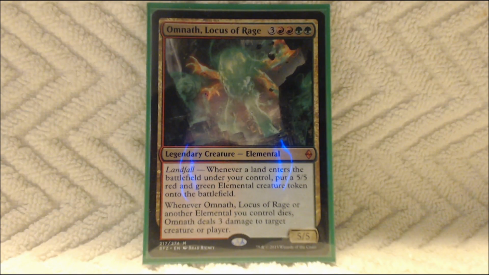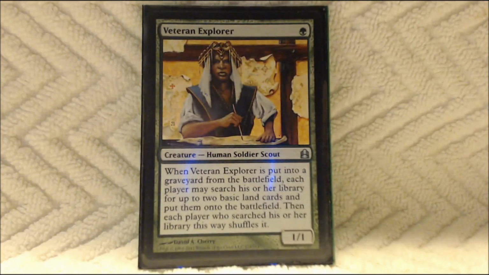Last but not least, every beatdown deck needs a good amount of creatures. This deck does not disappoint. Start out with our Veteran Explorer. This one's just a 1/1 for 1, but when it dies, each player can go ahead and grab 2 basic land cards and put them onto the battlefield. Great late game, one of those ones you could play early on to ramp, or play late game to generate extra